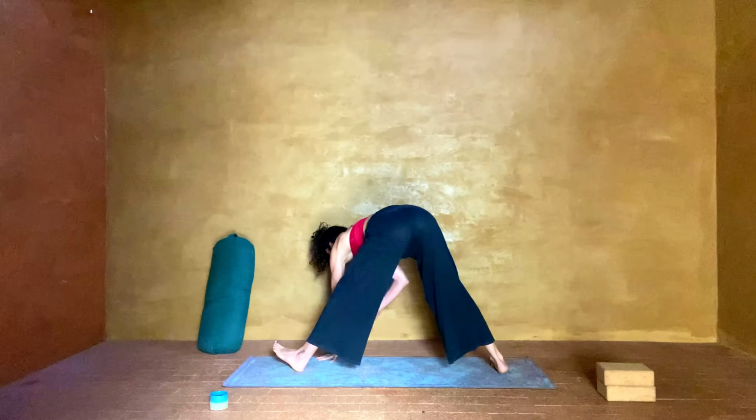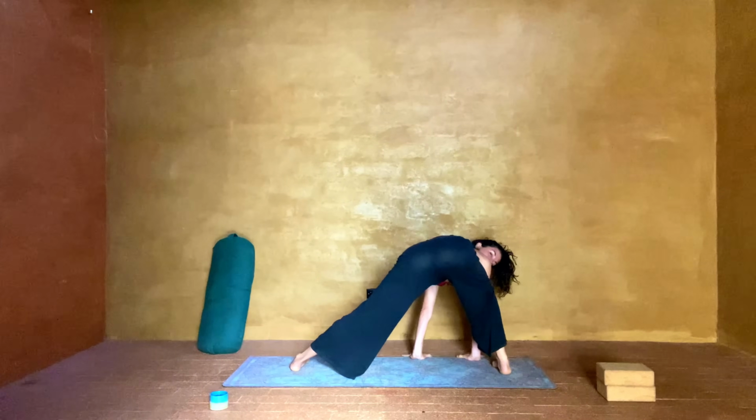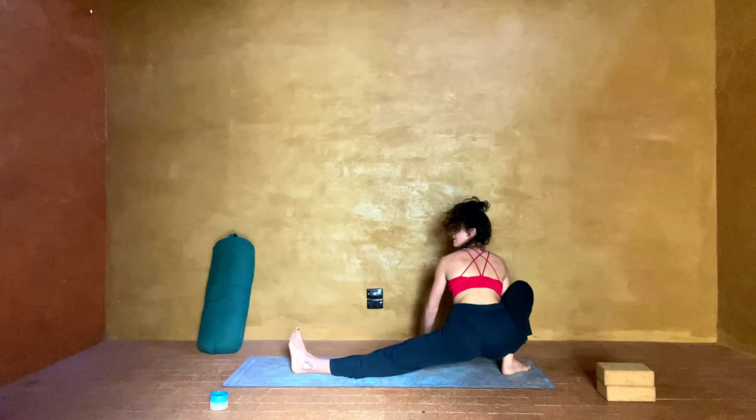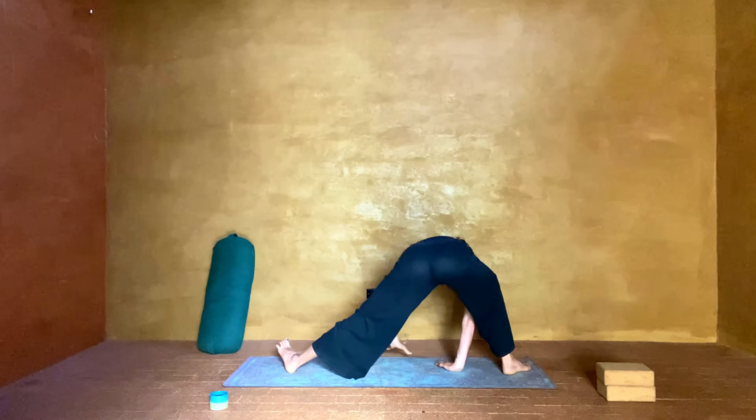Exhale, back of the mat, Skandasana. So this can look like this, leaving the hips high, or you can turn the back toes out and sink the hips low. We're going to move back and forth for a moment. So come up,